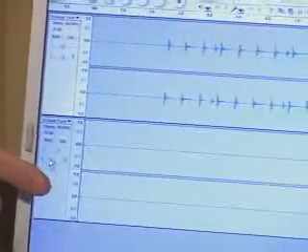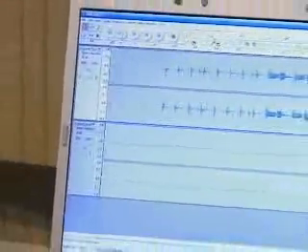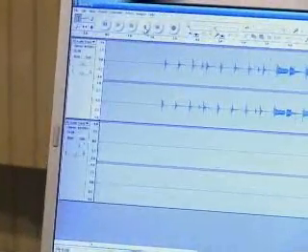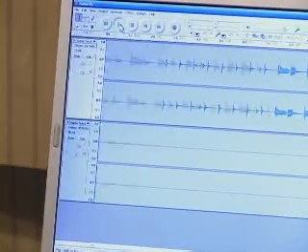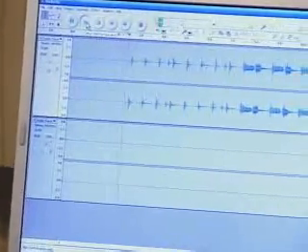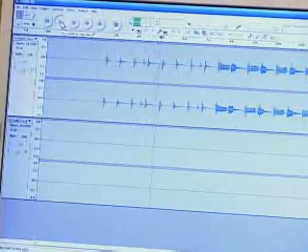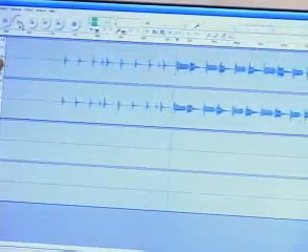Okay, we have recorded two things now. We recorded the keyboard direct from a sequence, and then we added some beautiful vocals. And when we recorded the vocals, notice that when we went to record, it created a second line. Every time you record, another track shows up. Okay? And when you start the song, you have to remember that you start from the beginning or where you want to start. Now, when we play this, I'm going to play this back, and you'll notice. Just listen carefully. We're hearing this first track, and